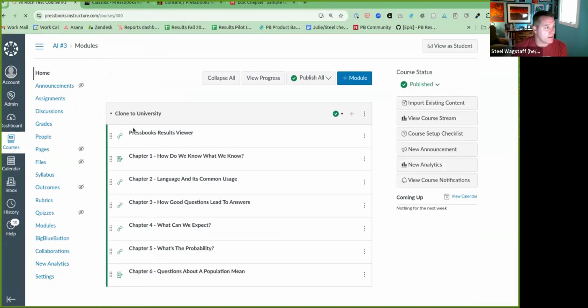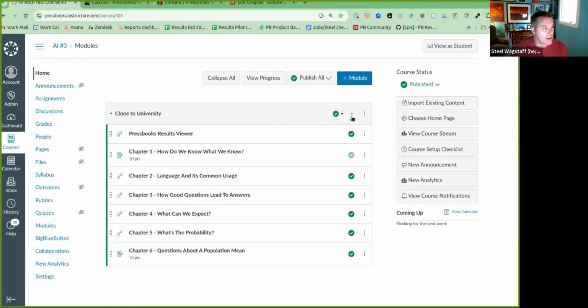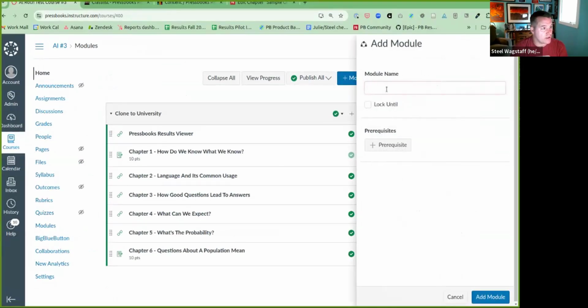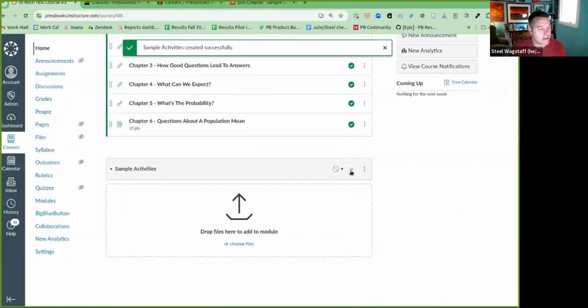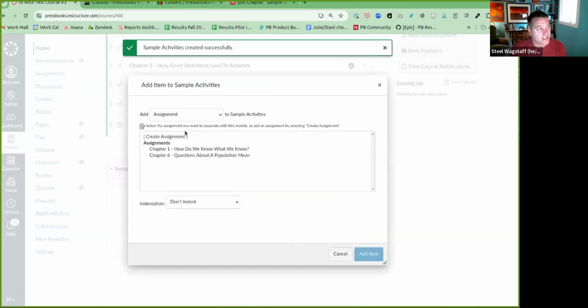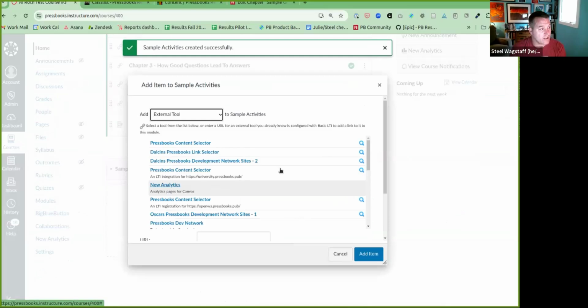Here's a blank course. Let's say I wanted to add a new module with some sample activities. I'll call it sample activities, and then I'll come down here and click this plus button. If Pressbooks has been configured at your institution, you'll see external tool, and you'll see an option that says Pressbooks